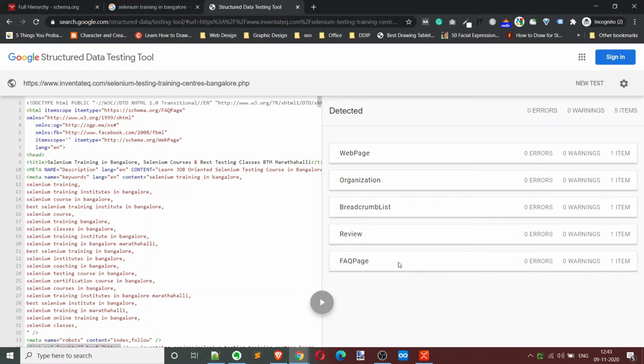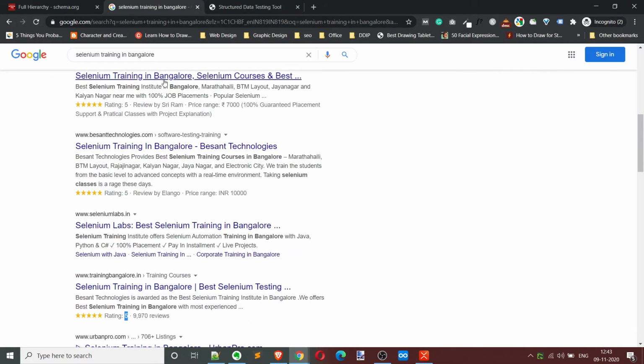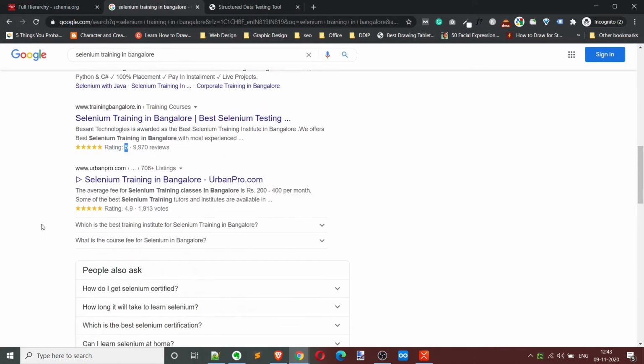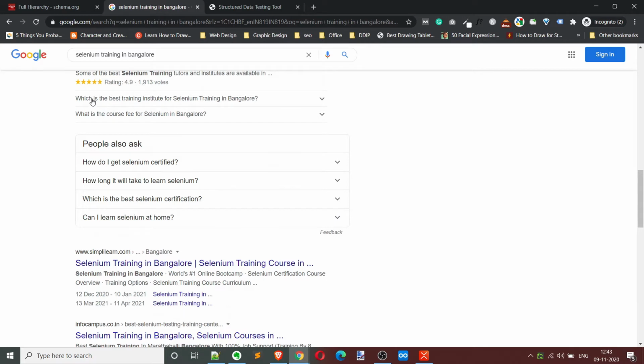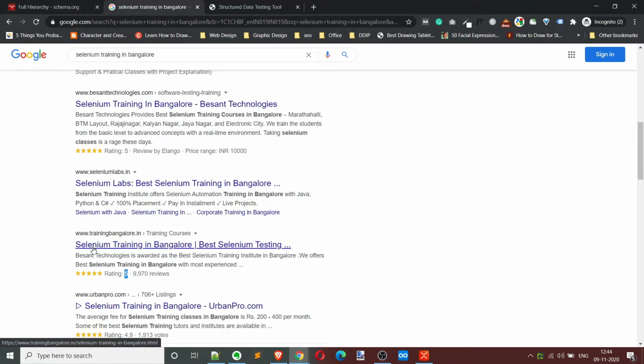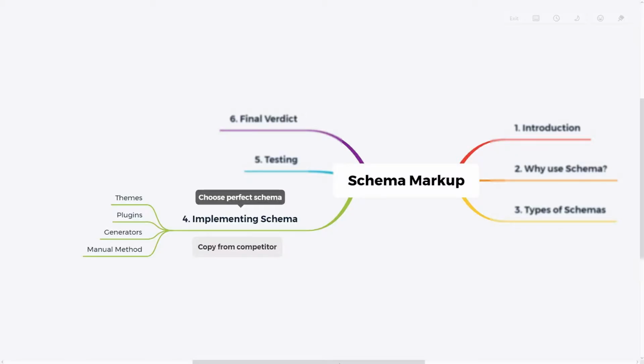There will be this FAQ, so some FAQ pages, some FAQs like, do they refund if I don't like the codes, so those things you can put. So FAQ is important, and Google may end up showing those like this. And the most important one is this review schema, so even this may receive more clicks than this because it has this schema. So like that you can choose the perfect schema for your content.